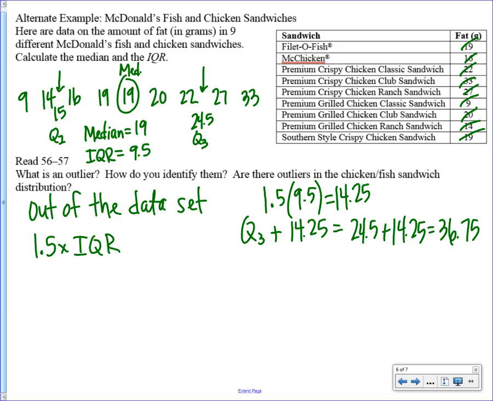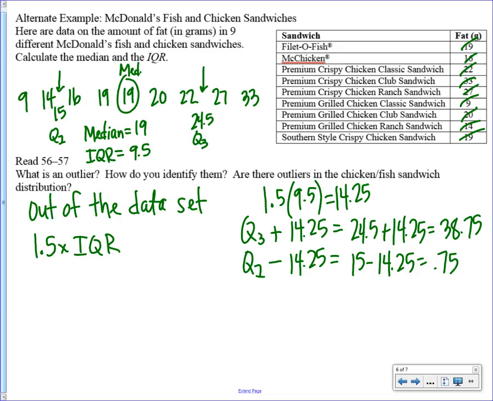And then we would do quartile 1 minus 1.5 times the interquartile range. 38. Did you tell me 38? You told me wrong. See, I just trusted you. That's the problem there. Try to show your work. You can still do it. Okay, now do quartile 1 minus that. Well, what was quartile 1? 15 minus 14.25. That's 0.75. Just 0.75.